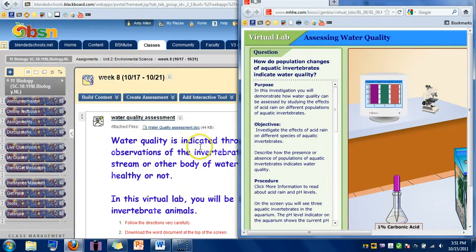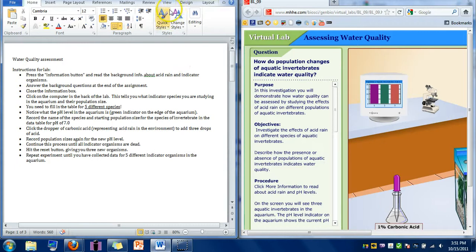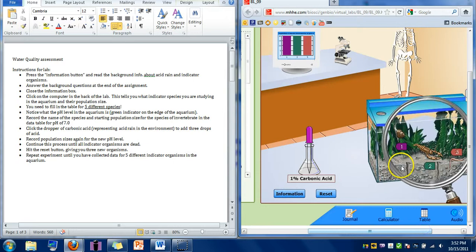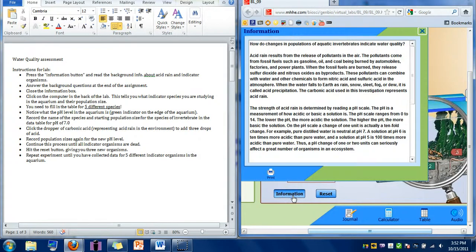We're going to have the lab on one side and our Word document that we're using on the other side so that we can see both things. So the Word document starts with instructions for this lab. You'll start by pressing the information button in the lab, which is found in the lower left-hand corner. After you read the background information about acid rain and indicator organisms, then answer the questions at the end of the assignment. You can find those questions